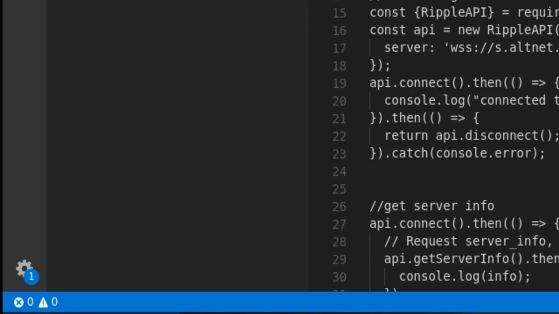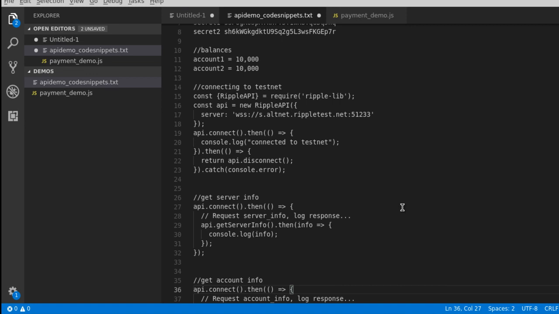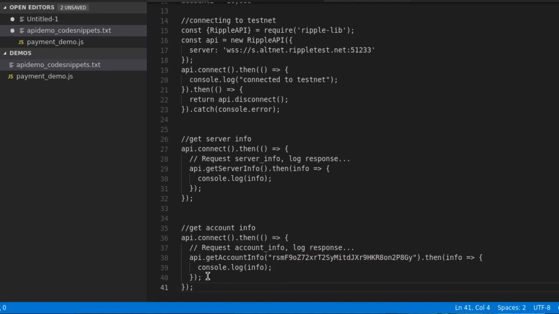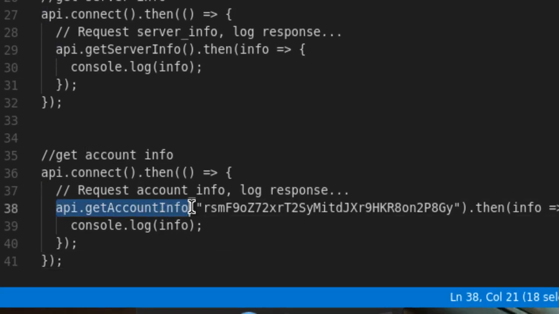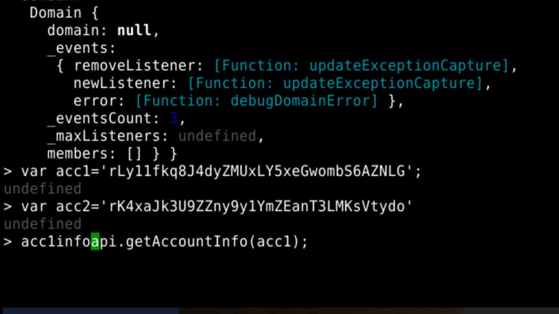All right, now as you will guess, we are going to invoke what? API.getAccountInfo. What is the amount we have for the first one? I'll say ACC1, and let's say this is ACC1 info.